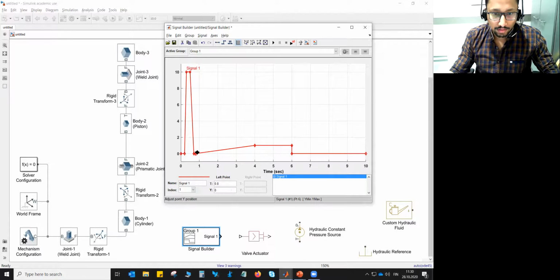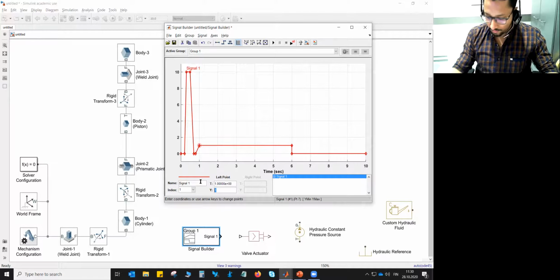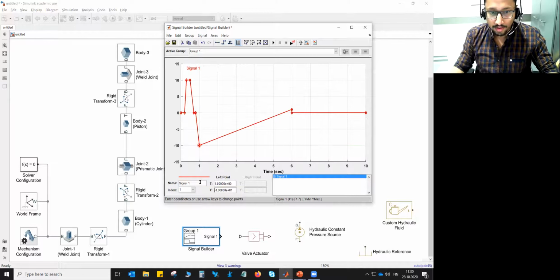Okay, then between 1 to 1.8, it's -10, 1, -10, enter, and then between 2, it's 0 again.